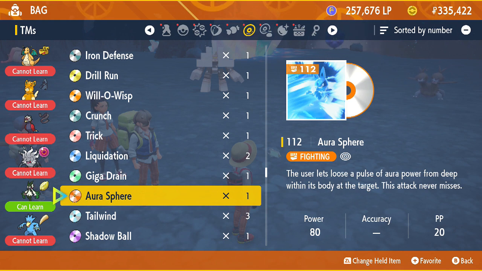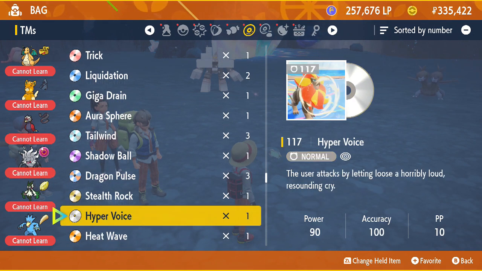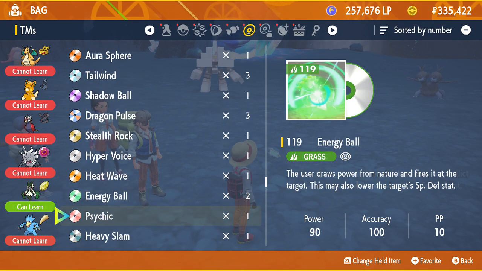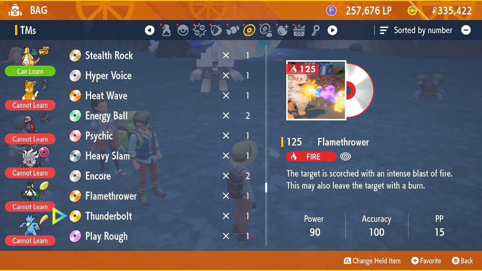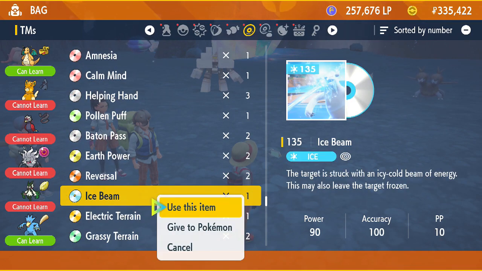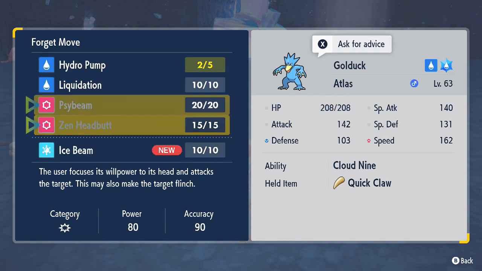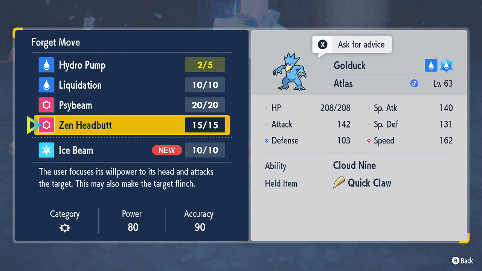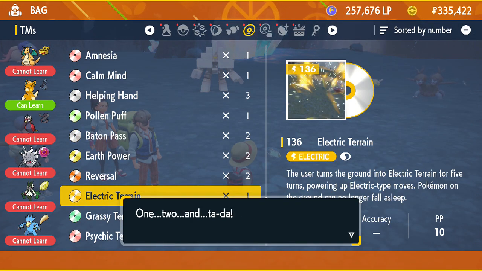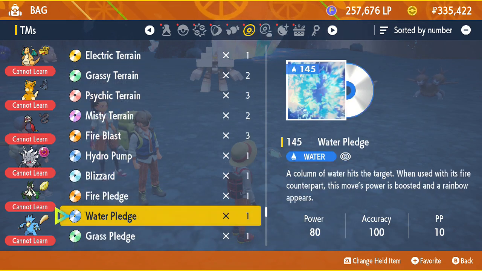I was tempted to teach Jehudi Aura Sphere, though. But special attacks just aren't going to be super great with this team. I might teach Heat Wave to someone, but I don't think it's strictly necessary. There was also Ice Beam. Let's teach Golduck Ice Beam as well, and let's get rid of Psybeam for that. I think that was pretty much it for moves that...